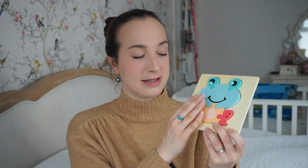But Arthur's brilliant at them, and I just think sometimes it's worthwhile getting something which they do find a bit difficult, because then it will teach them, and I think you'll be amazed sometimes at how quickly they pick things up. I think we got both of these on Amazon. I think this was a set of 5 or 6 animal ones. I think the shapes was a set of 3. But yeah, puzzles are a brilliant present for 2-year-olds, and you can get different price ones, but they're